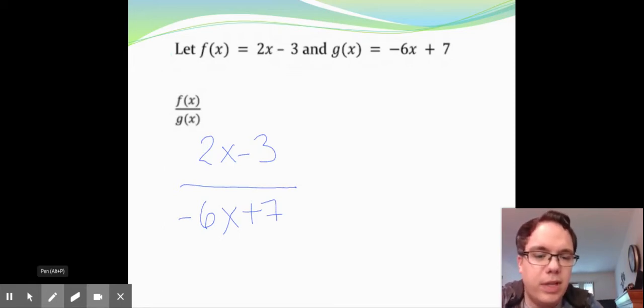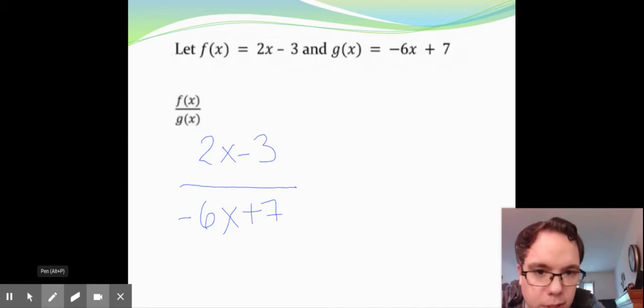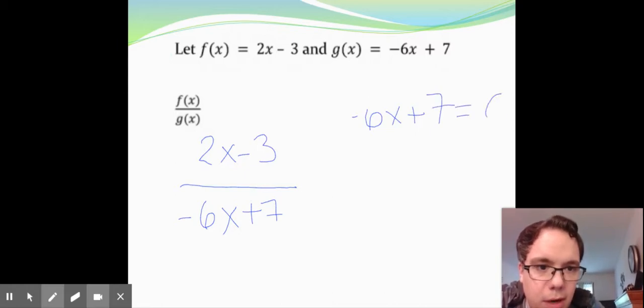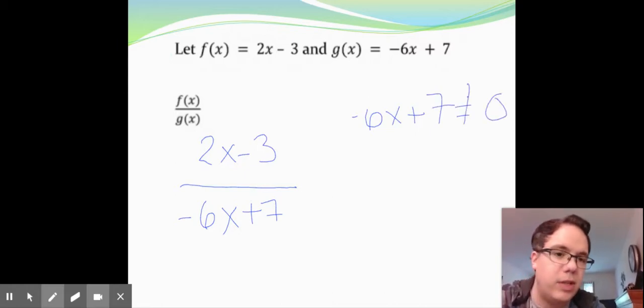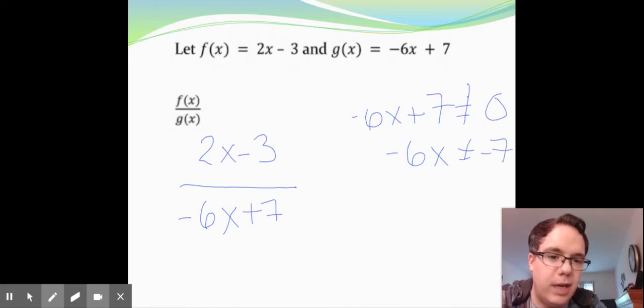So this is as simple as our function gets, but before we're done, we have to see what would happen if our bottom was 0, and we want to make sure that doesn't happen. So we want to tell what x can equal. So I'll get negative 6x can't equal negative 7. Divide my negative 6 over, and we'll get x can't equal